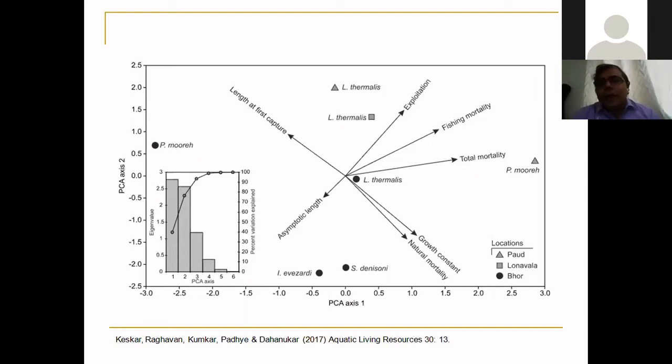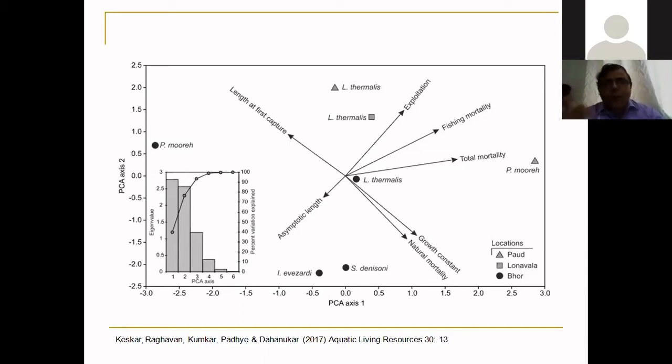Now, why will you get such a thing? Can that happen? Yes, it can happen. If your organisms are very, very similar to each other, the principal component analysis will not be able to show too much variation in a few dimensions. It will need more dimensions to show the variations among these groups. So you have to be very careful when you are using it.